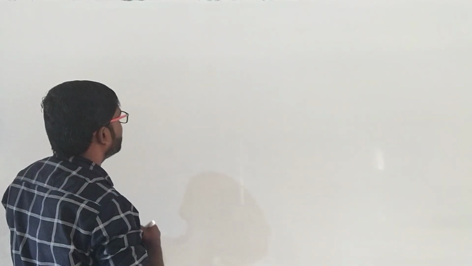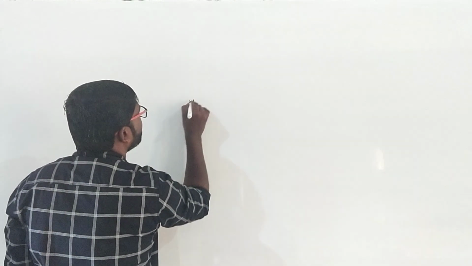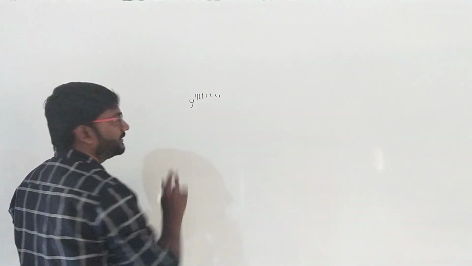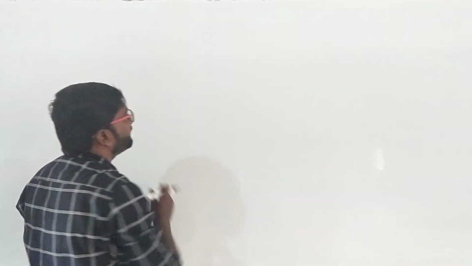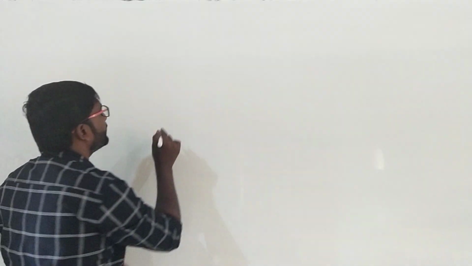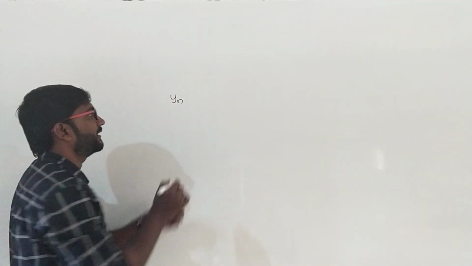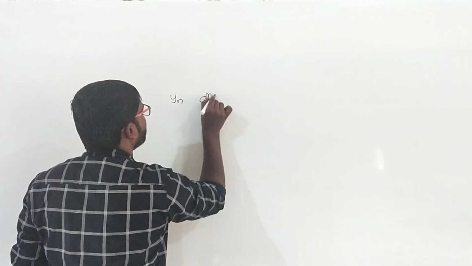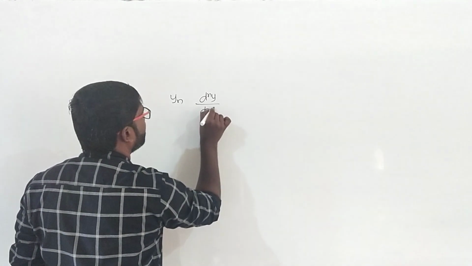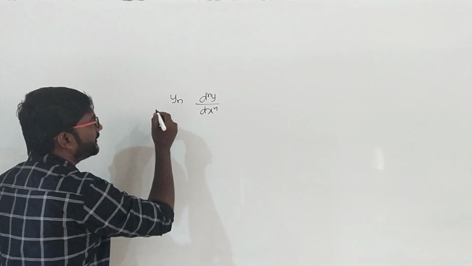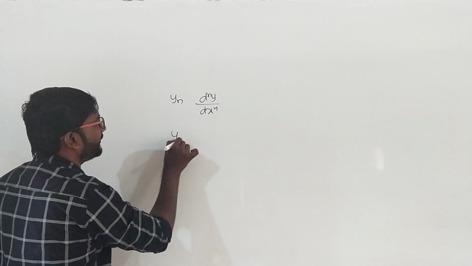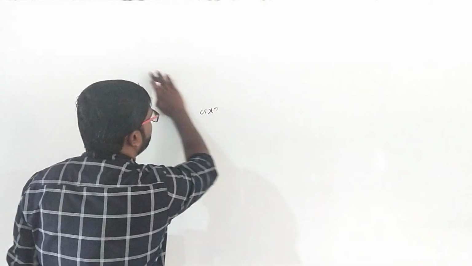Well, we have missed out another point. For higher order derivatives, it is very inconvenient to use so many dashes. For example, if the order is 10, it is very difficult to write 10 dashes. Is that clear? That is why for higher order derivatives we use the notation y n. That means for nth order, we use y n, which is d raised to n y by dx to the power n. If the order is 20, we write y 20.